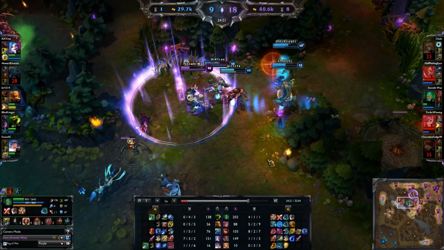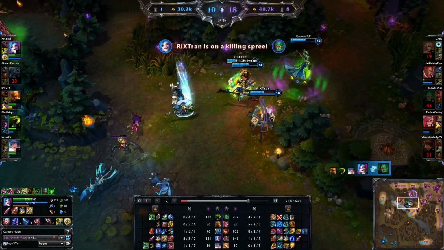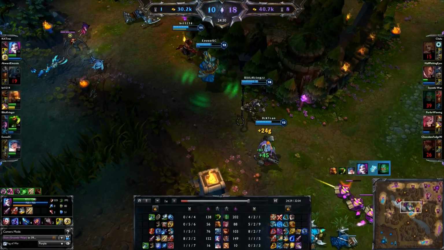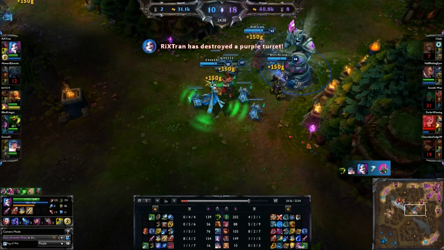But unfortunately the rest of my team kind of just dies, and I'm trying to sustain through this but not quite able to. 1v4 isn't quite good enough. Jinx just does a lot of damage. She's definitely out-damaging me at this point, so I wasn't able to keep it going there,